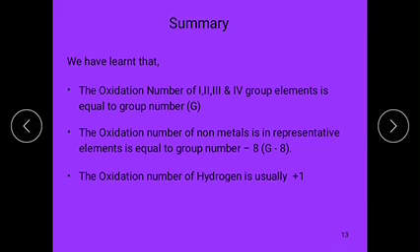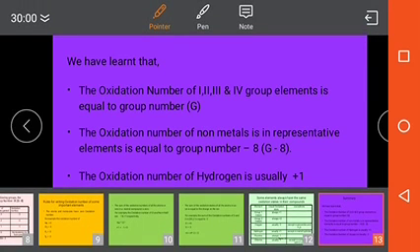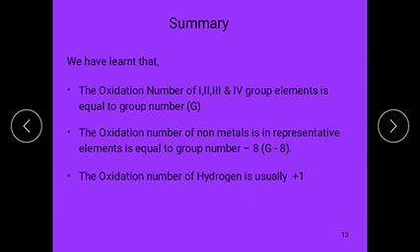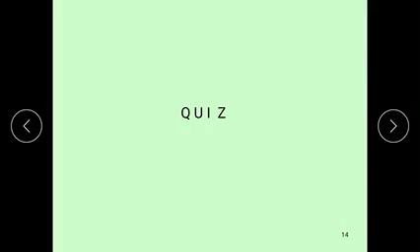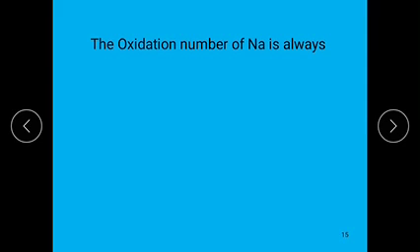And next one is the oxidation number of hydrogen, which is usually taken as +1, but in metal hydrides it is -1. The oxidation state of oxygen is usually -2, but in peroxide it is -1. These are all very helpful for the calculation of the oxidation state of an element in an ion or molecule.